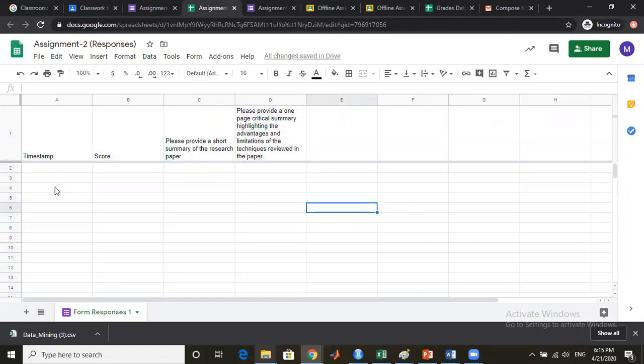As soon as the students start submitting assignments, the time will be mentioned here, along with his or her score, and these are the two questions for which the student is required to submit answers. This is the same as a Google Sheet. I can share the Google Sheet with anyone: with the students, with the department coordinator, with the HOD, the dean, the departmental audit committee, with whomever I want to share this Excel sheet. I can apply any type of formulas as I usually do in simple Excel sheets.